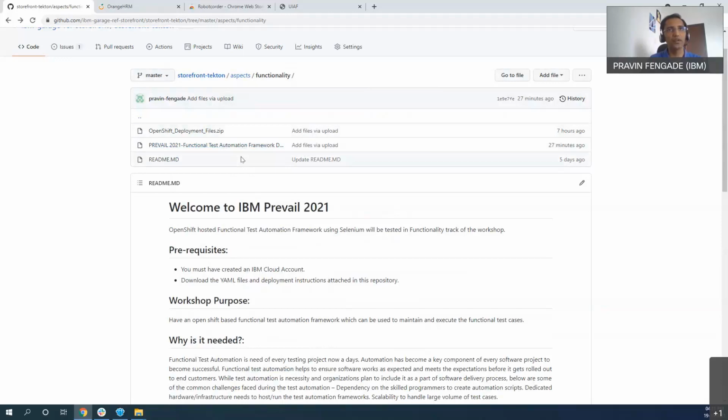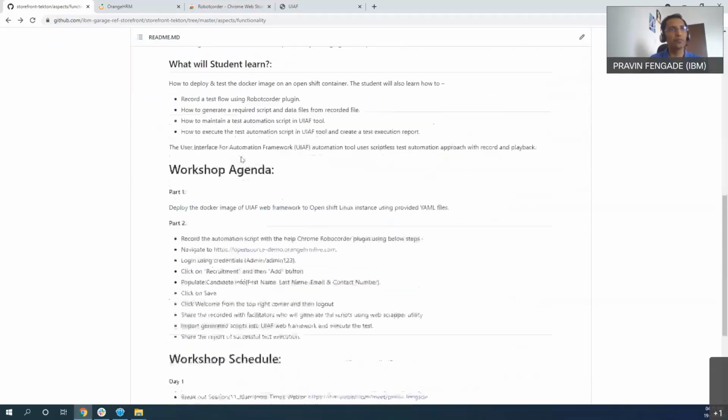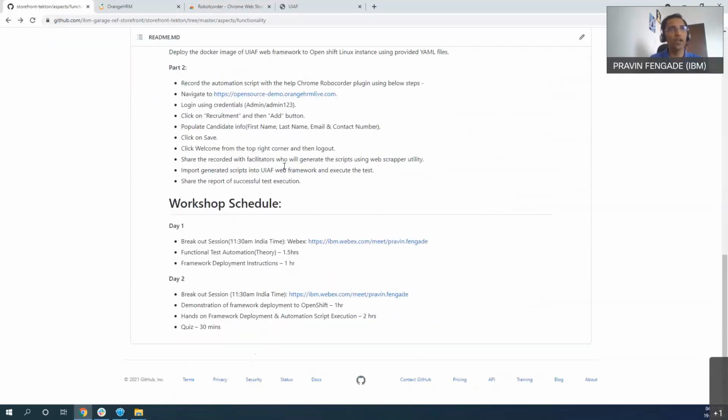You can see those here also at the time of workshop, and you can download those files and import those and then execute. So the success criteria from your side to successfully complete the execution of this workshop is that you need to have the success report for the Word document generated, and share that. So that will be evidence that you have successfully completed the exercise, the deployment of your application